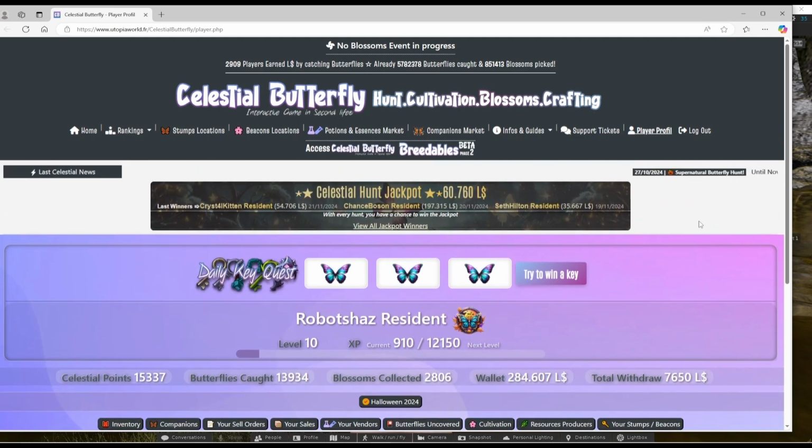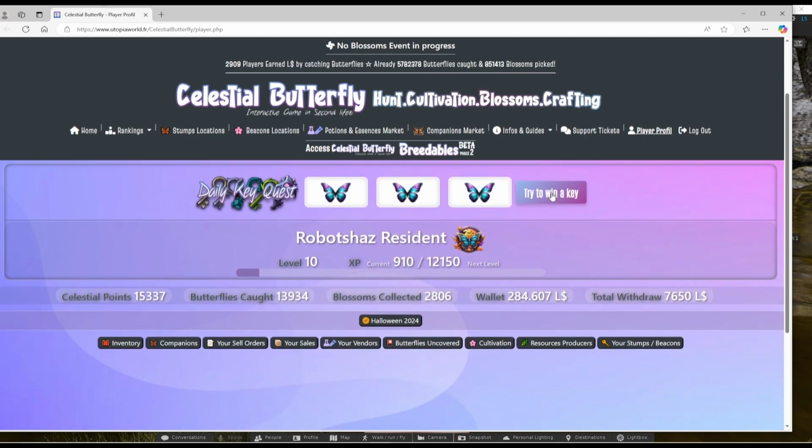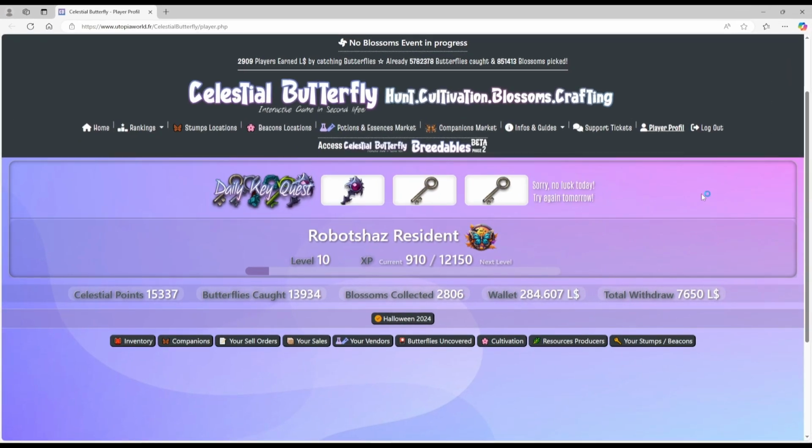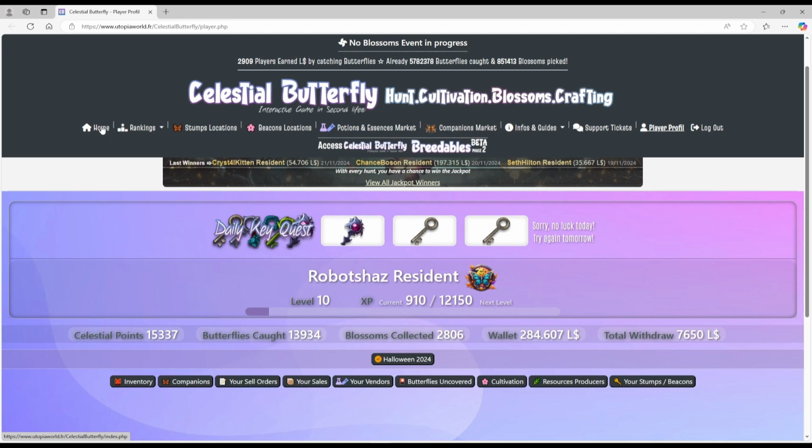On here, you can see the Celestial Hunt jackpot at the top, and the last winners. You can view all the jackpot winners, and you can also try to win a key. If you click the key quest, you can try and win a key. It's a bit like a slot machine, and you can do that every day. And then up here you've got home,